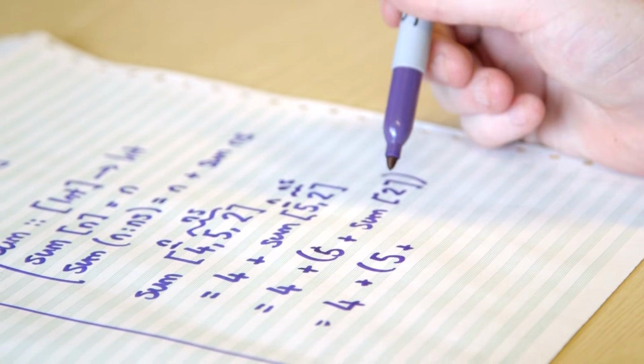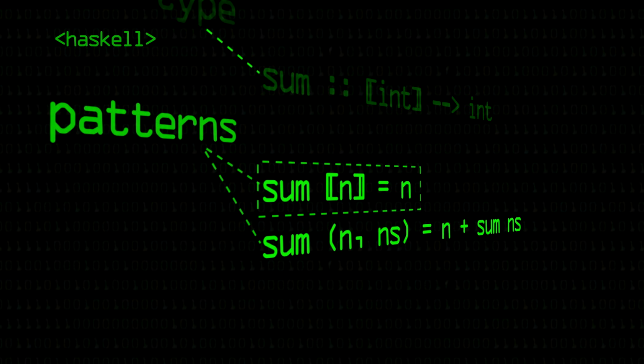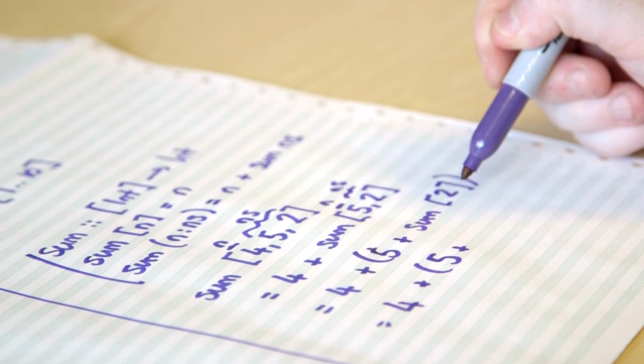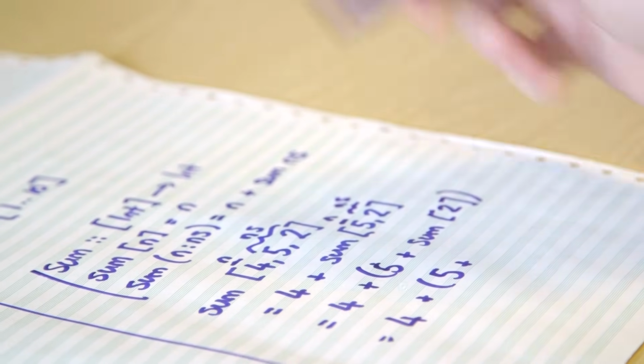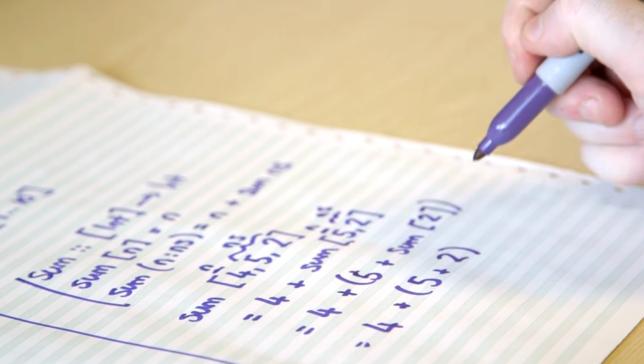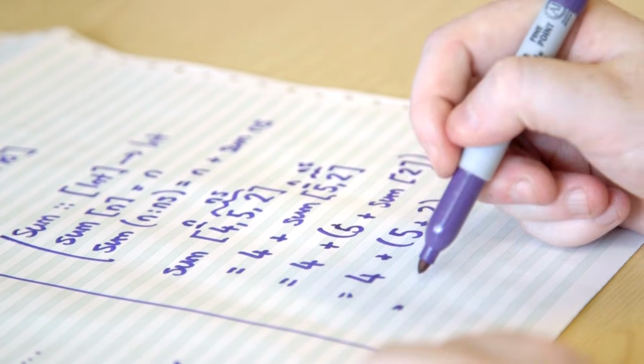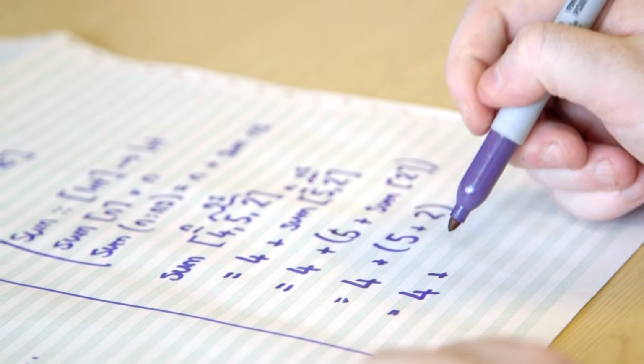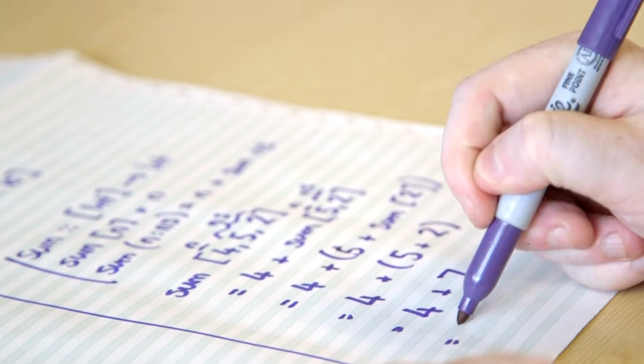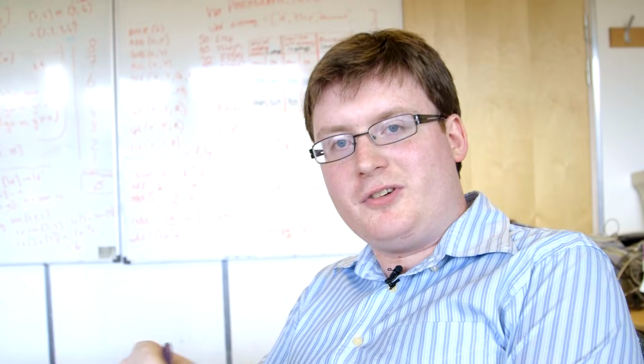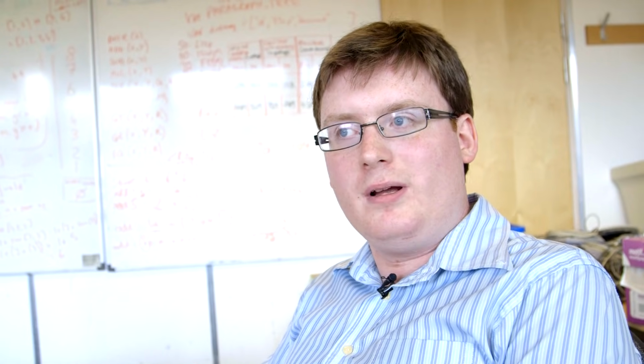Now, pattern matching, start from the top: have I got a singleton list? Yes, I do. So what am I going to return? Just that number, 2. Now I can start boiling it down: that's 4 plus 7 equals 11. So what I've gone through is a quick example of how a functional programmer would approach the sum function,